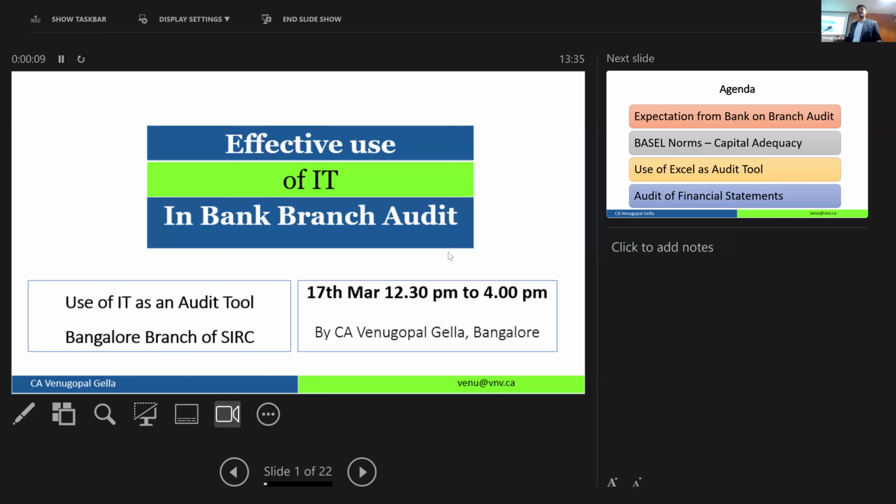Very happy to be here in Vijayawada branch for taking this session on bank branch audit, and that too, this is the last session of the 2 day program. I would request members, whatever doubts you have, or if you had some expectation that this area I did not understand, or this is what I wanted to know, maybe the earlier speakers have not covered, feel free to ask, and looking at the time and the scope, we will look at it.